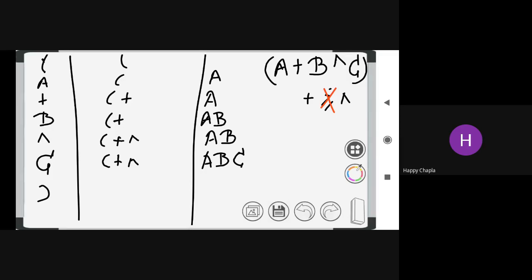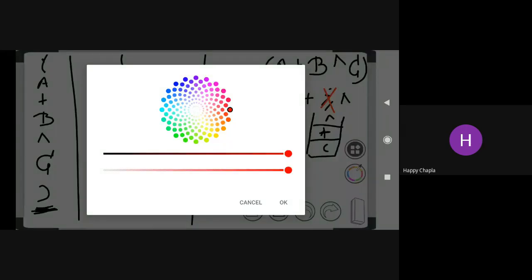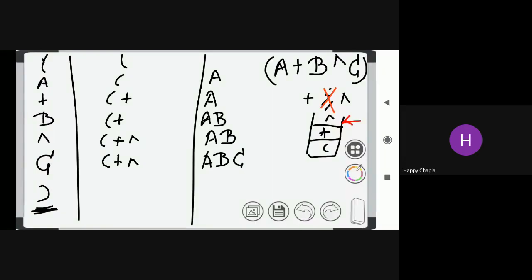Now I am encountering the closing bracket. What is the rule for the closing bracket? Whenever you encounter the closing bracket, whatever is inside the stack, you need to pop out every element. Assume this is my stack. My stack will contain the starting bracket, the plus and the power. The power is the top of this stack.